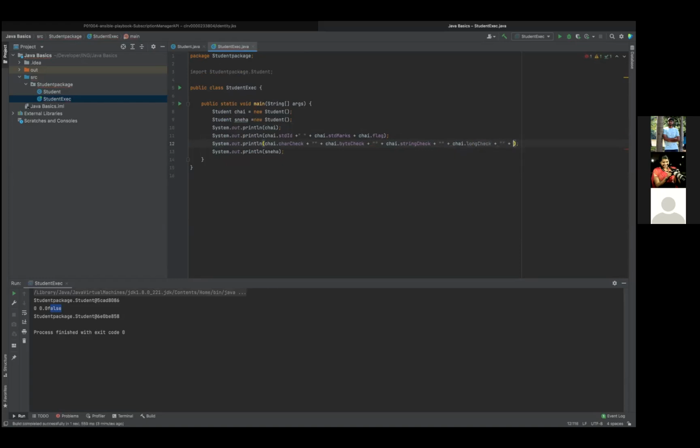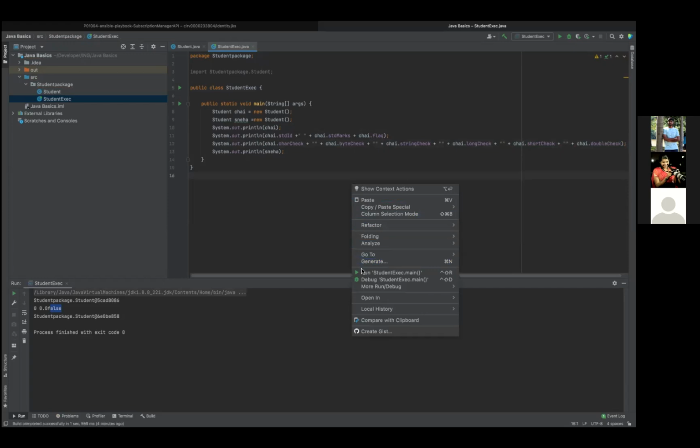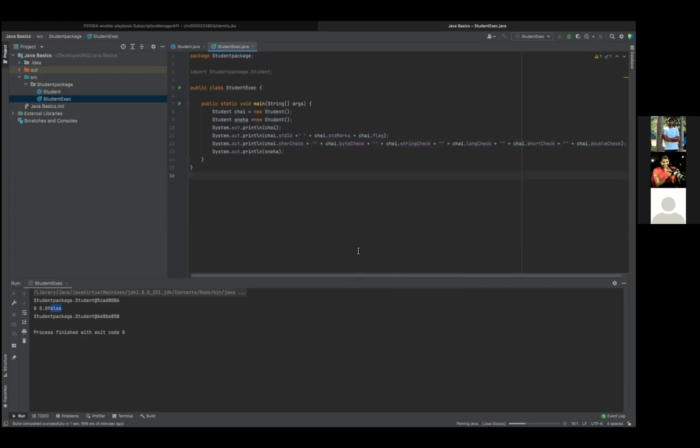You have one more thing, short and double. Yeah, can you execute now? I think within that double quotes you haven't given space, so everything got messed up.